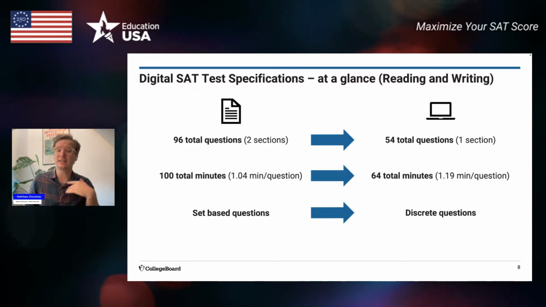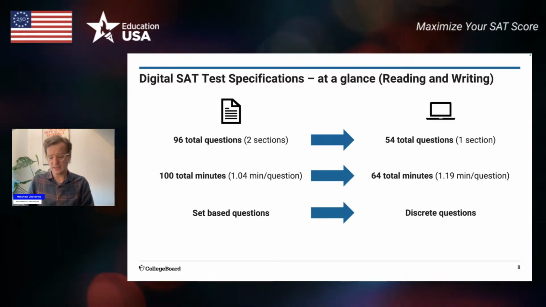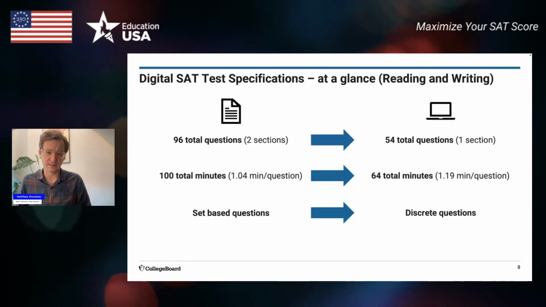That does not mean that it is easier than it used to be. Sometimes you're going to have to really read these texts in depth, and they're going to be very complex. They may have not only difficult words, but complex ideas that we're asking you to analyze and understand. So that'll take about an hour.